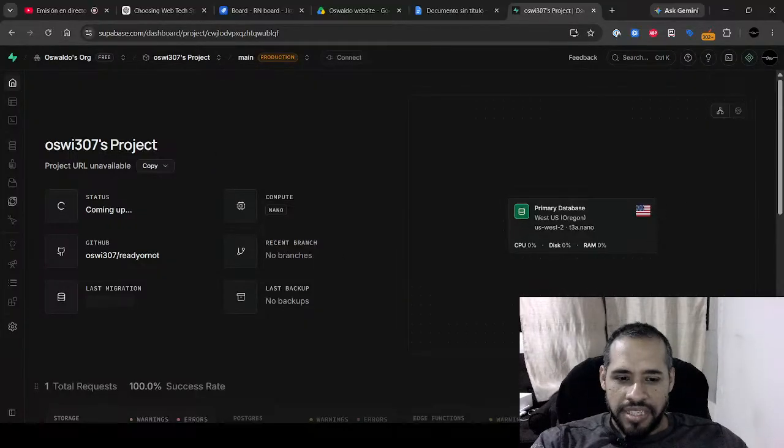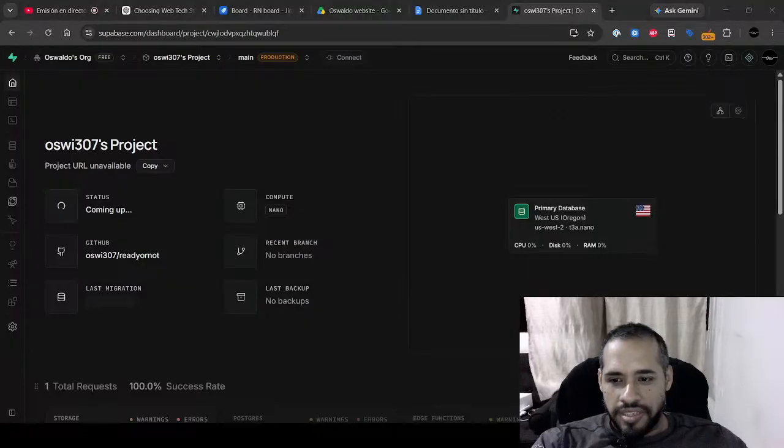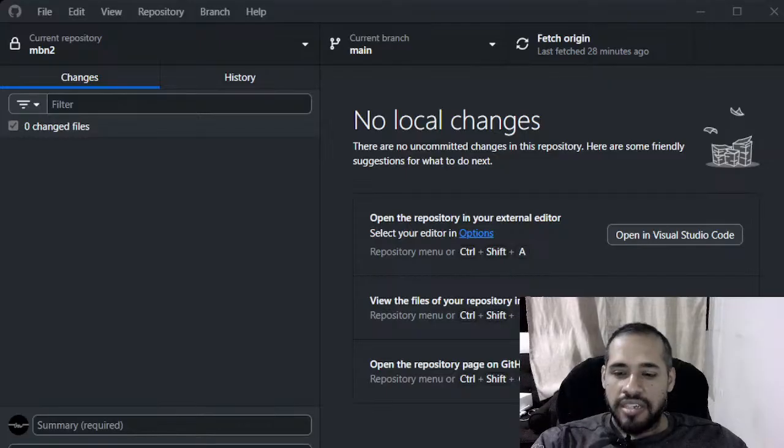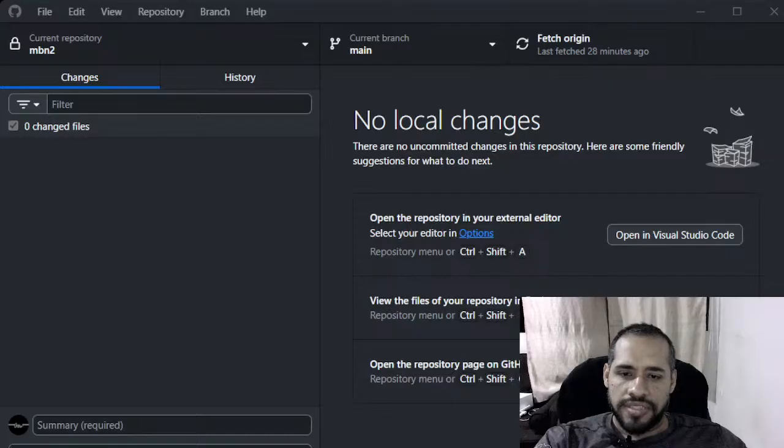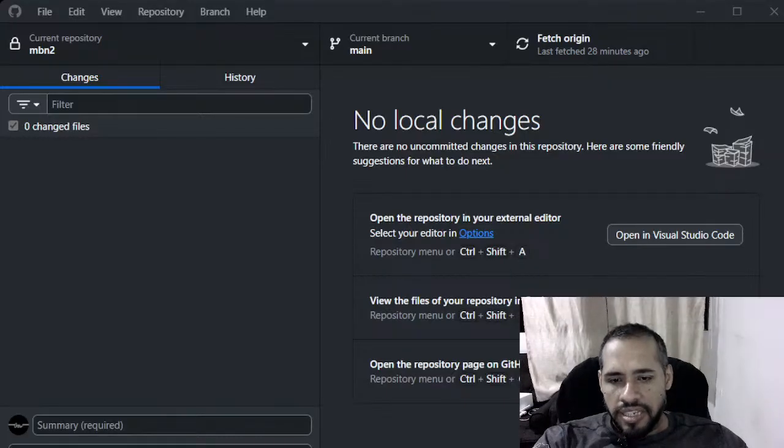Let me change the screen because it's no use. Let me show you this instead. I don't know how it works because, as I told you, this is the first time. Let me see this new query and run this.